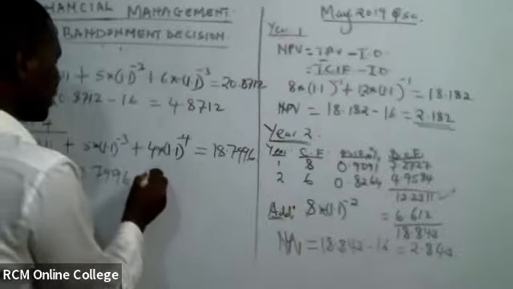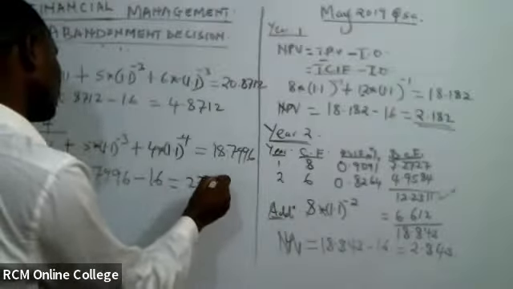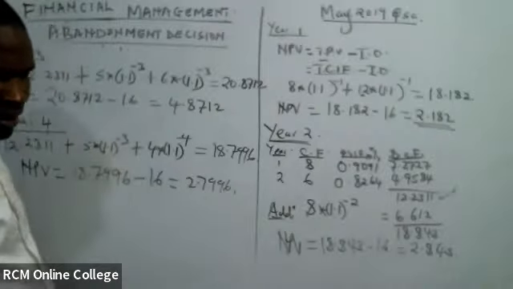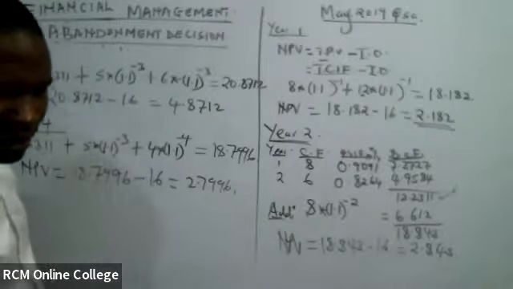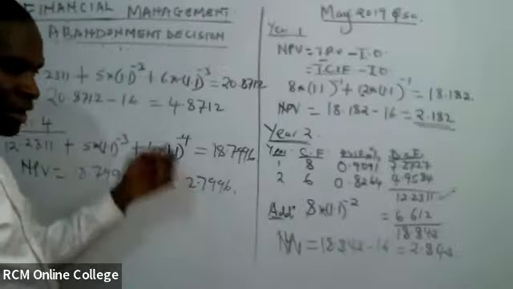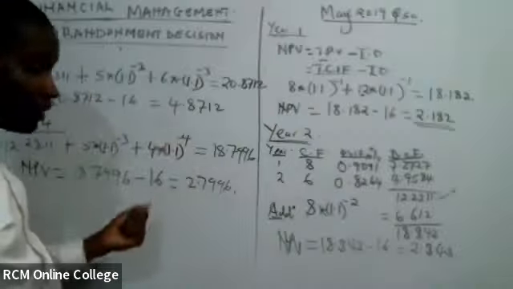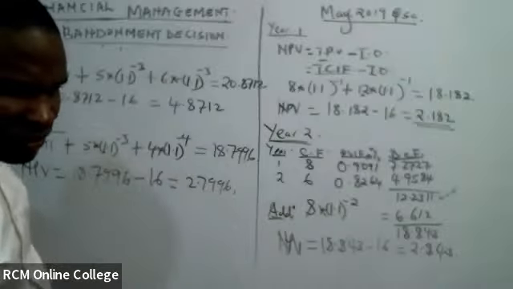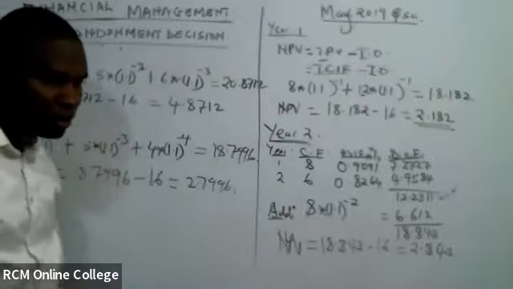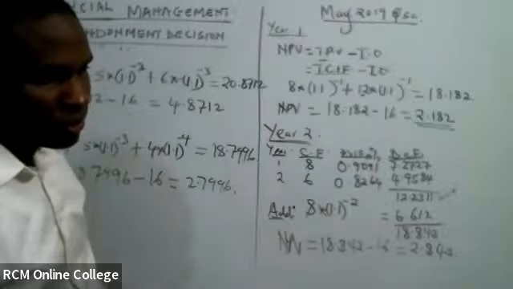18.7996 minus 16. How much will it be? 2.7996. Is that the answer, Mumbi? That is what goes in there. All right, thank you. 2.7197, so I think maybe there are slight differences. So class, at which year should we abandon this project, or should we advise this company to abandon